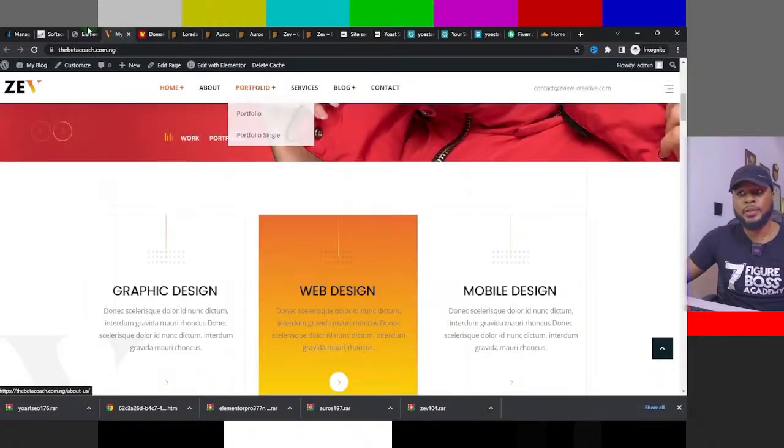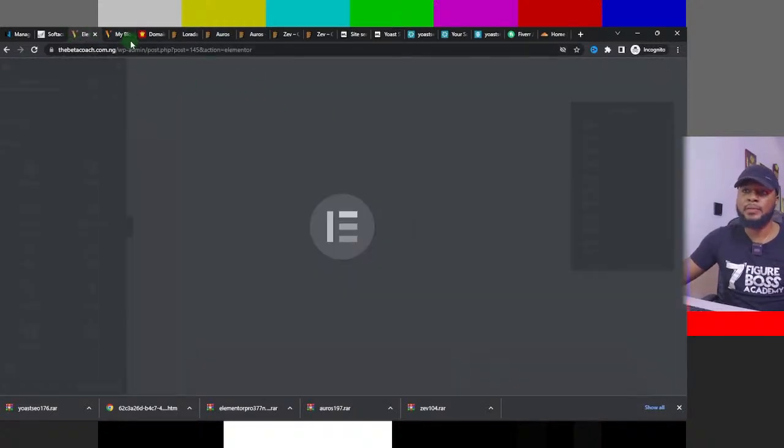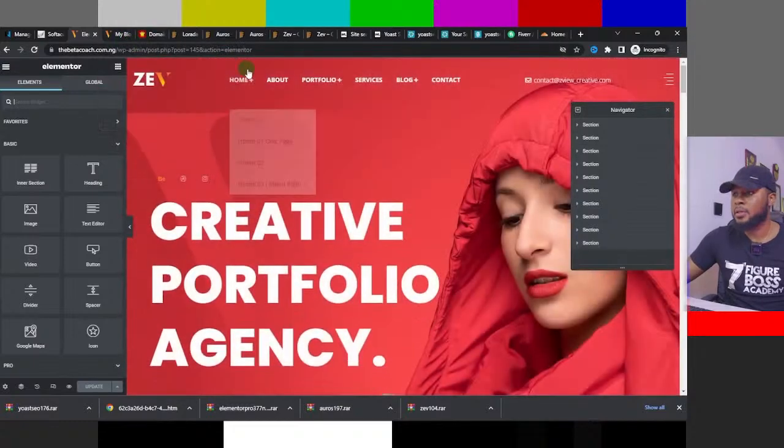So any correction that we make here will appear in the front end. Remember, I taught you guys what the front end is and what the back end is. So this is the back end and this is the front end. So let's have that at the back of our mind. So here,